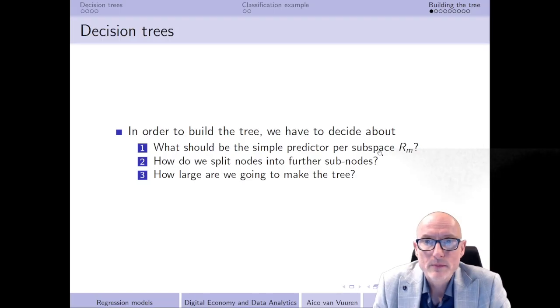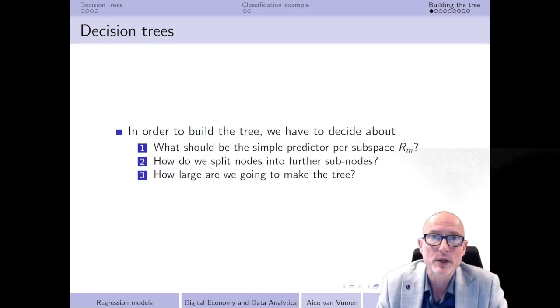I would like to go on with the next topic, and that is how to build a tree. Remember that what we have done so far is that we already know what a decision tree is, and we have also been looking at an example, but we haven't really asked ourselves yet how to actually calculate the decision trees. Well, calculating a decision tree is actually a very difficult process, and therefore I'm not going to go into all the different details. However, what I would like to do over here is to give an overview of the decisions that need to be made at the moment that you're going to build a decision tree.